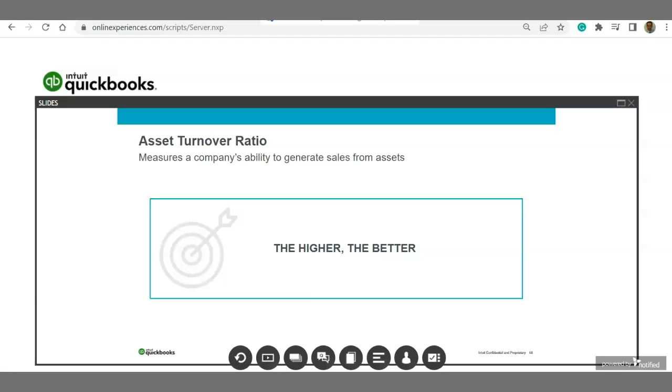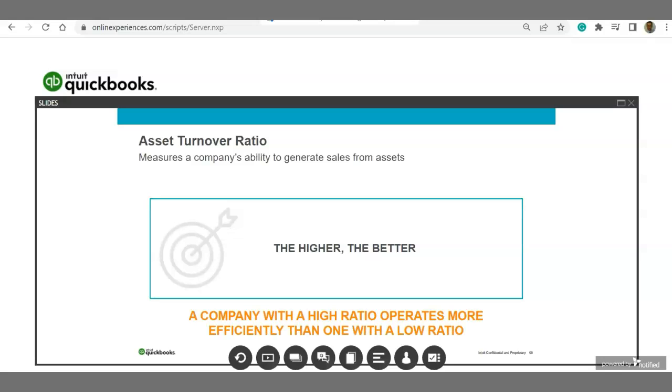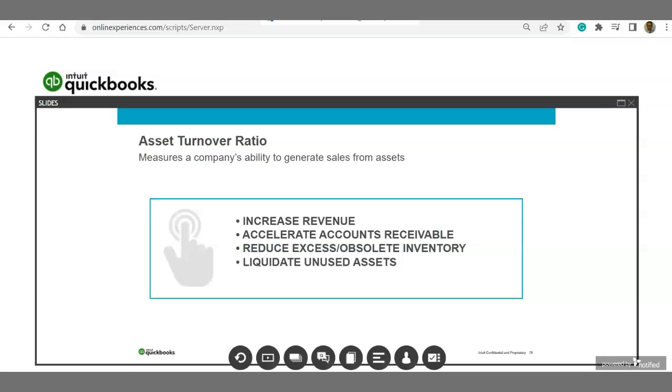A ratio of 2 means that there are $2 in income for every dollar in assets. A company with a high ratio operates more efficiently than one with a low ratio. A low ratio indicates that the assets are not providing adequate revenue. To improve this ratio, sit down with your client and have some discussions about increasing revenue or